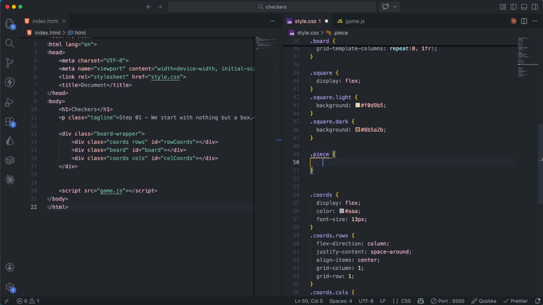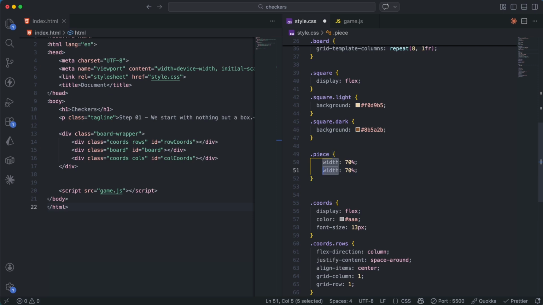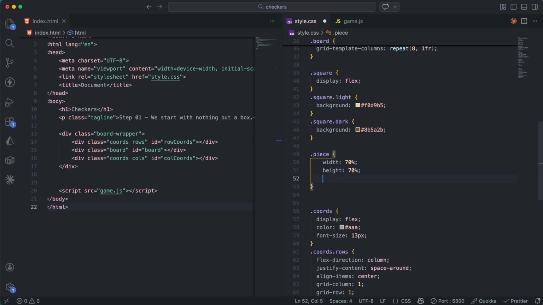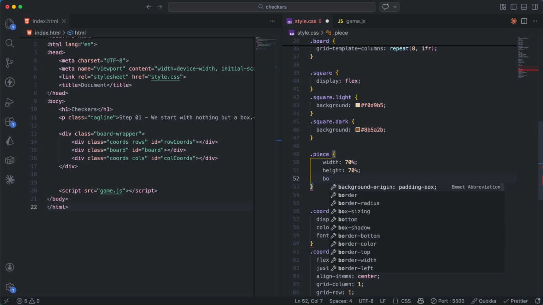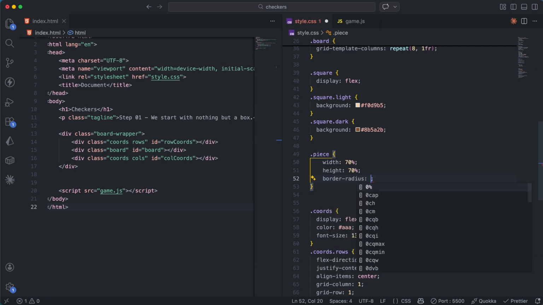And let's say the width is around 70%. Also the height 70%, and it needs to be a circle, so border radius is 50%,